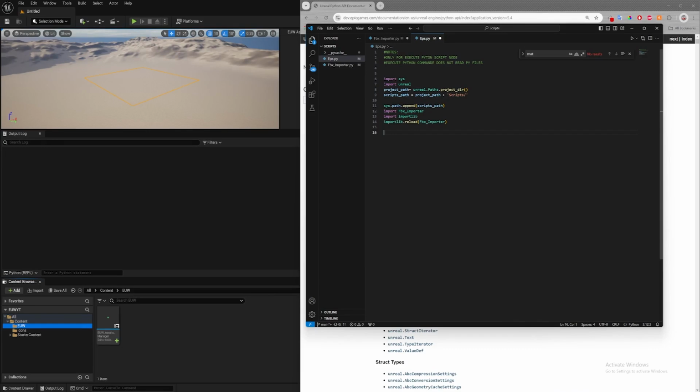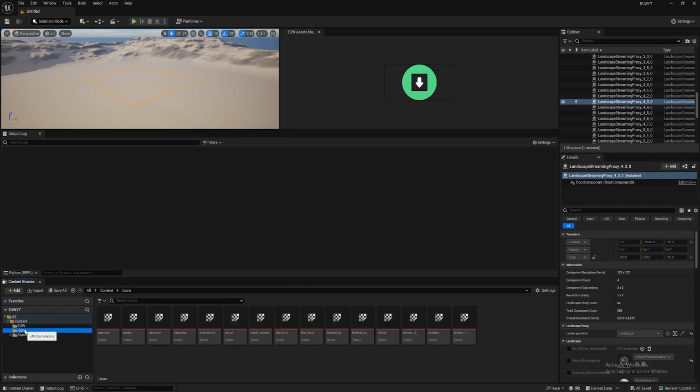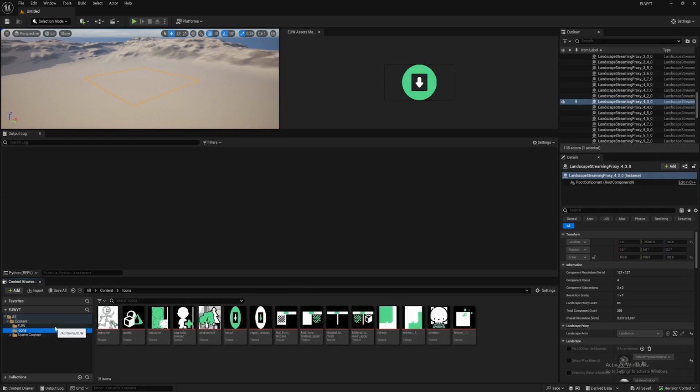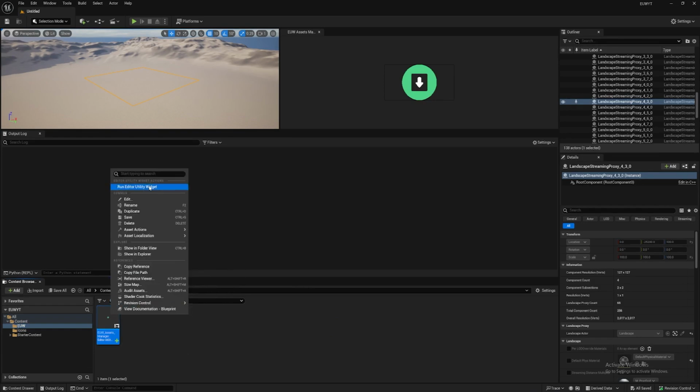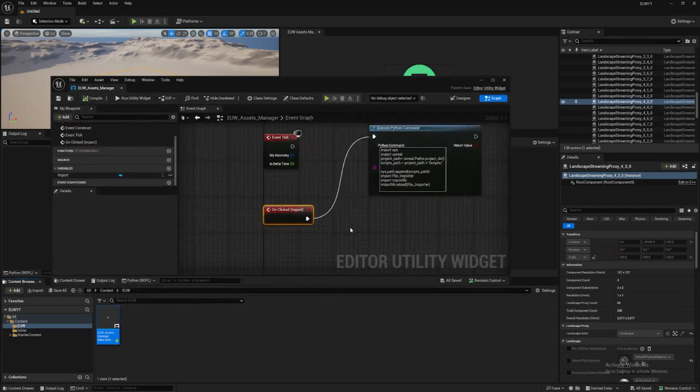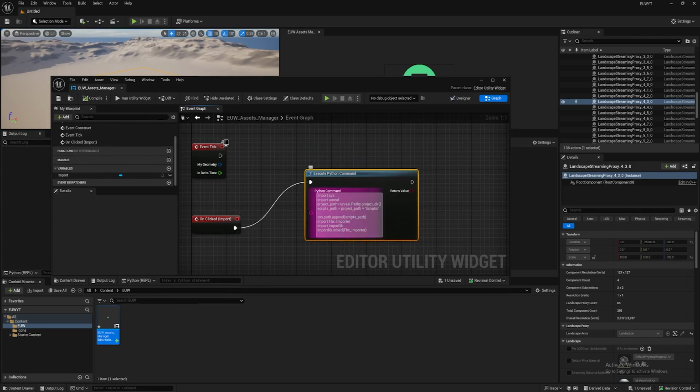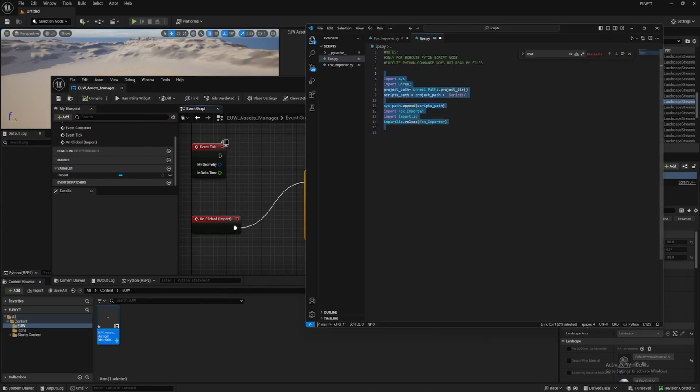So in this video, we are going to see how we can import some FBX files with materials as skeletal meshes. For this, I already have my new project here. I have my icons that I imported, and then I created my editor utility widget. So it's like the last video. It has a button and it's linked to this Python command that's right here,